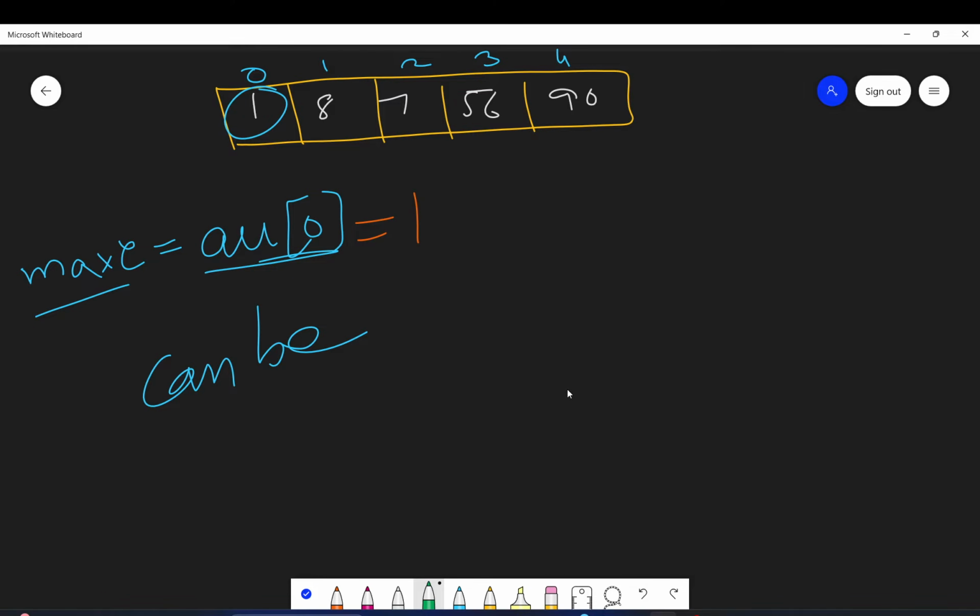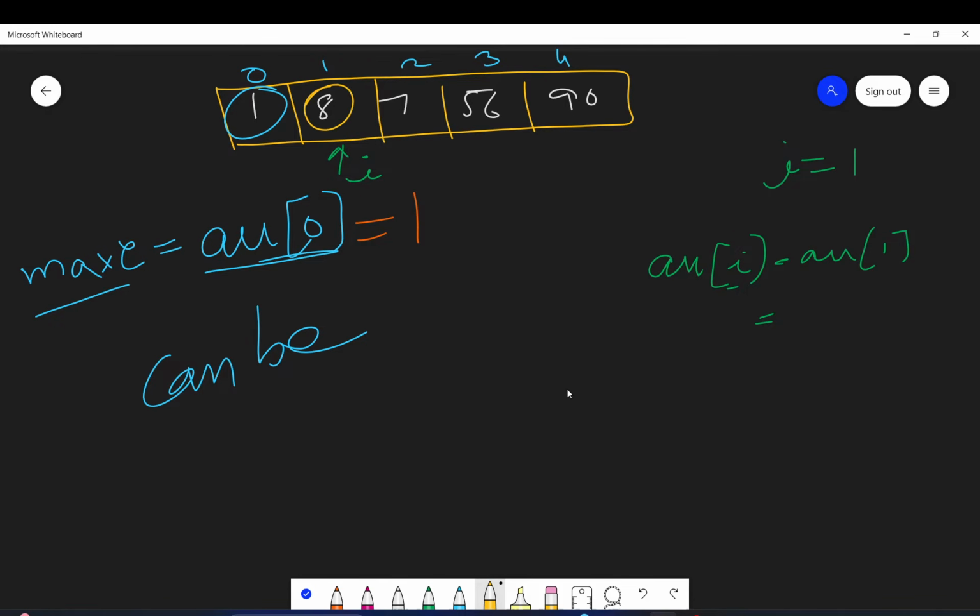Now what I will do is traverse this array. Okay, I will go to each element one by one. So I will start from index 1. Since I have already stored index 0 here, what's the benefit of going to it again? I will just start from this index. I will see, okay, 8. Let's say I'll take a variable I, starting from index 1. What is ARR of I? ARR of I meaning ARR of 1, because I is 1. So what is ARR of 1?